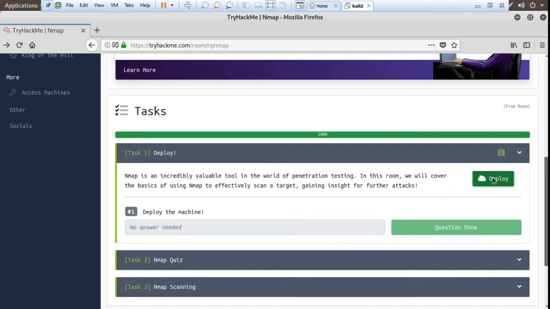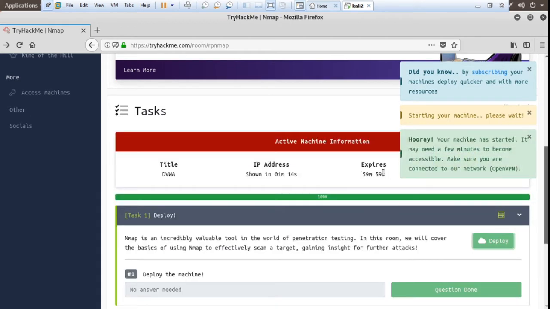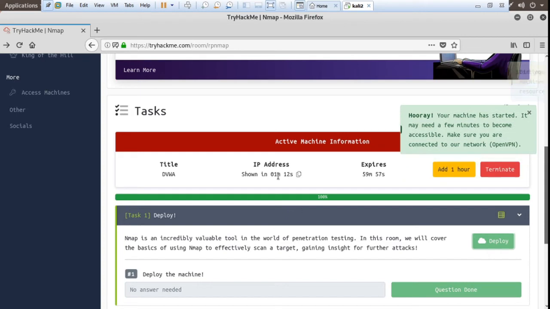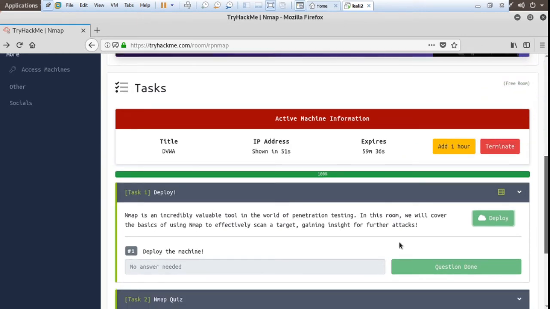So click here and wait until your IP comes. No need of a bouncer. Machine deployed.